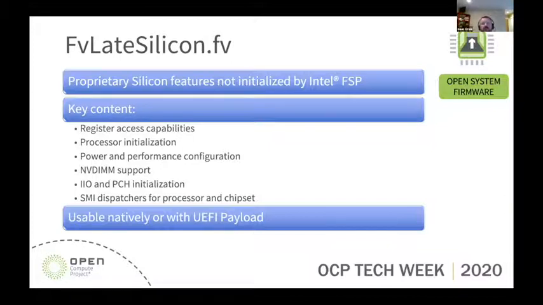There's power and performance configuration activities, NVDIMM support, IIO and PCH initialization, and all of the SMM dispatchers for CPU and chipset. And so these pieces are bundled up into a UEFI firmware volume that can be added to